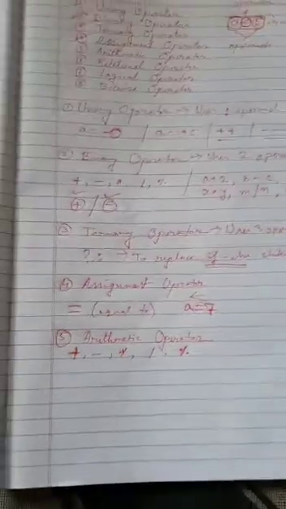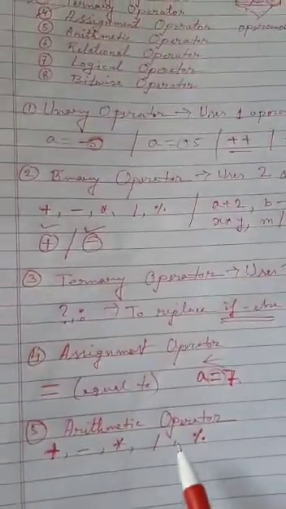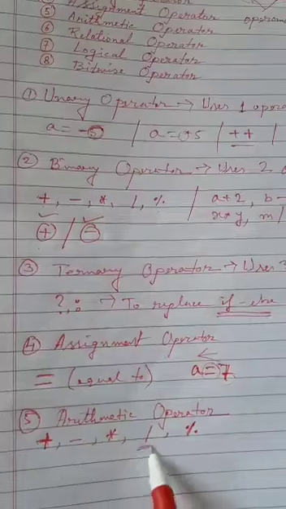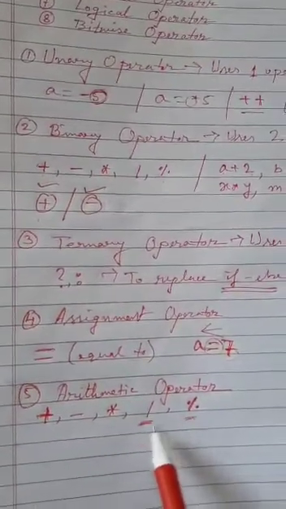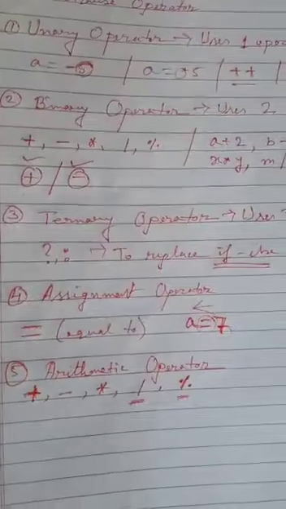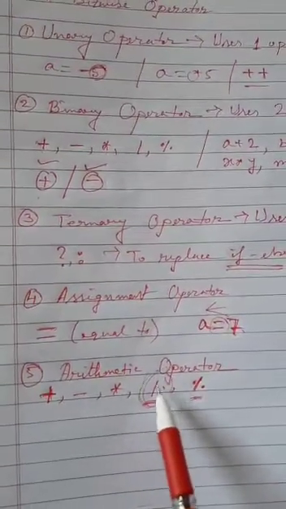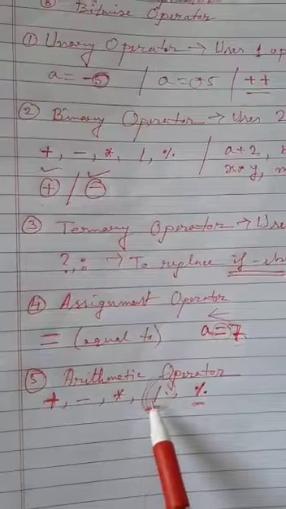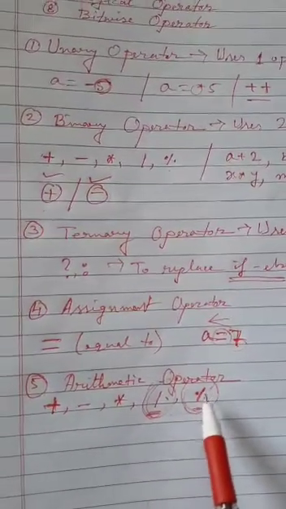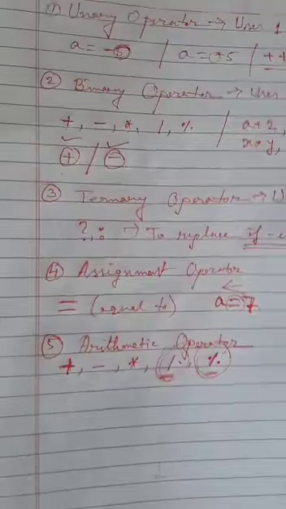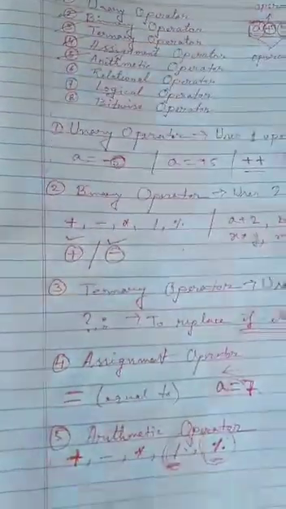But one new arithmetic operator you have got here, that is the percentage symbol. But this is not the percentage symbol, this is called the modulus or the remainder operator, which is used to return the remainder of any division. What is the difference between these two? Both are division operators, both perform division. The slash returns the quotient value of any division, and the percentage symbol, the remainder operator, returns the remainder value of any division. Got it? So arithmetic operators are also over.